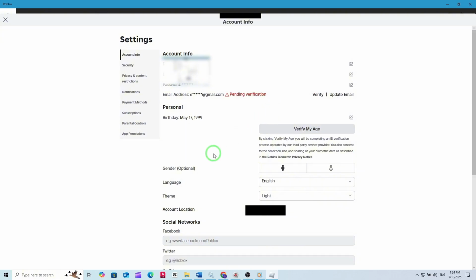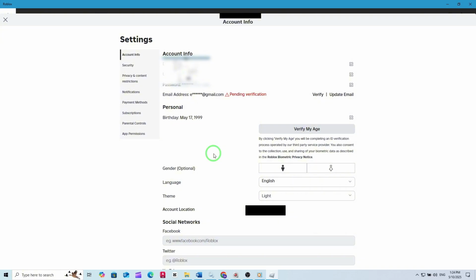For example, if you want to switch to Spanish, select Español. If you want to change it back to English later, just repeat these steps and pick English from the list. After you select your preferred language, the app might take a moment to update. Once it's done, the entire Roblox interface will appear in your chosen language, making it easier for you to navigate